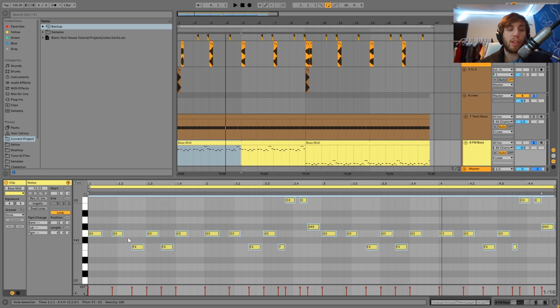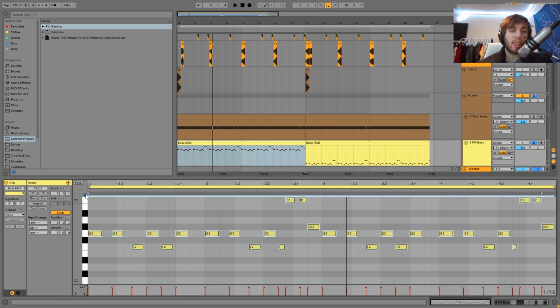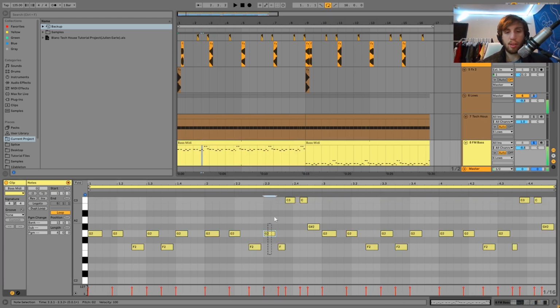Usually the way I do it is I would write these out all as one note. Maybe it would just be this same pattern, but it's all just G. And then you can move some notes from there. If you approach it from that angle, where you add just something catchy here at the end, like this. This is what can really make your track very unique and exciting and interesting, I think,